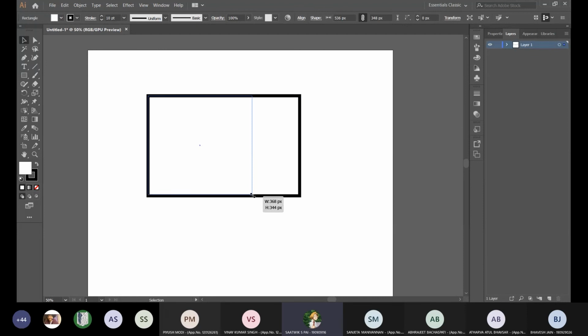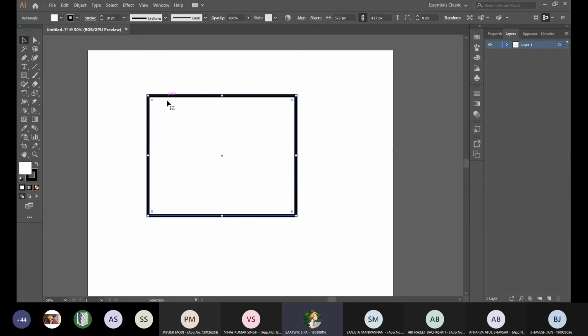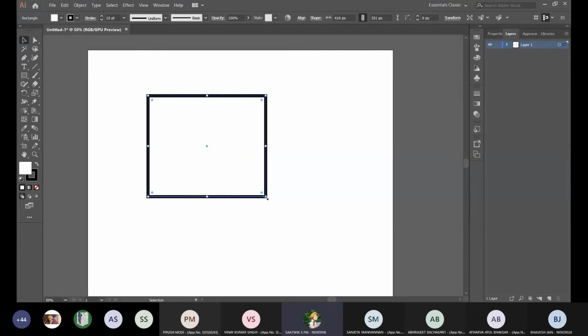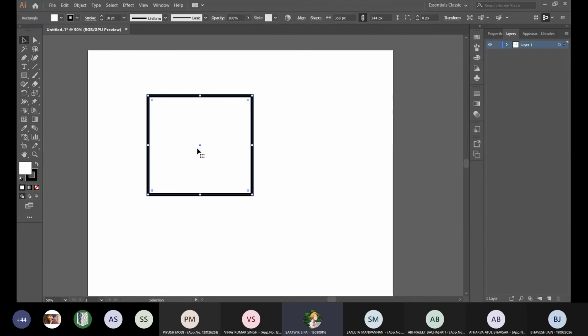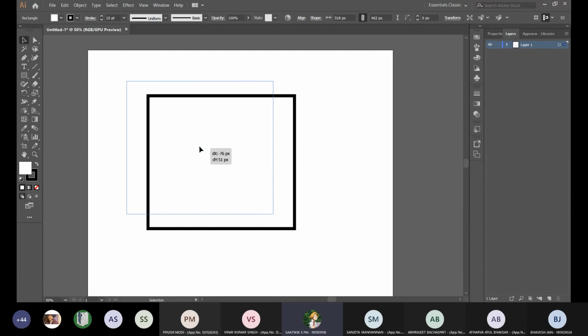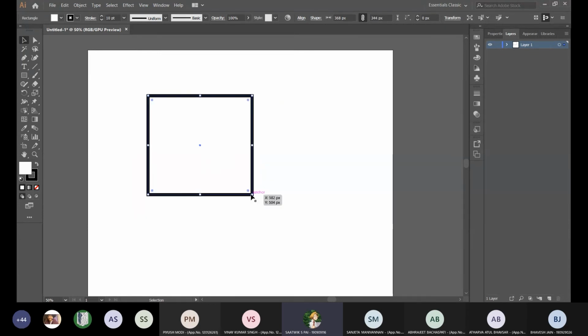But if you want to resize from the center, I hold Alt and do that. Instead of going like this, I'll be going like this. This helps if you want to keep the position the same without moving around a lot. Otherwise, in case you go the other way, I'll have to find what the previous position was and go back. But in this case, I can just hit Alt and do it.